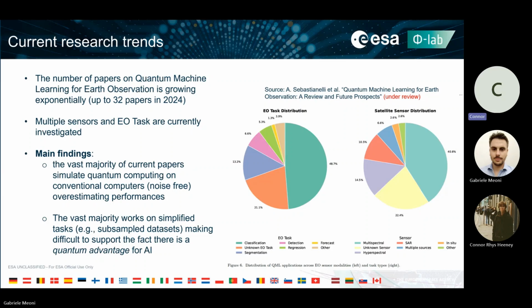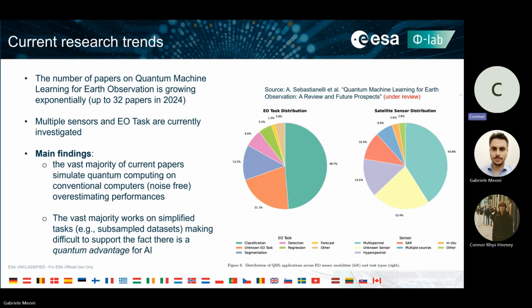We have done a bit of a review of quantum machine learning together with the University of Pavia, University of Sannio, Jülich Computer, and other collaborators. Nowadays, on quantum machine learning for Earth observation, you have up to 32 papers, and the number of papers is growing exponentially. Unfortunately, we are in a very early phase, so it's still very difficult to say if there is an advantage